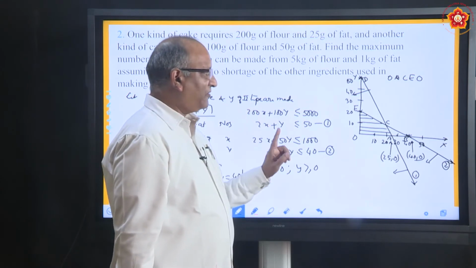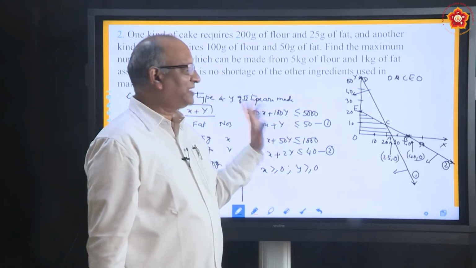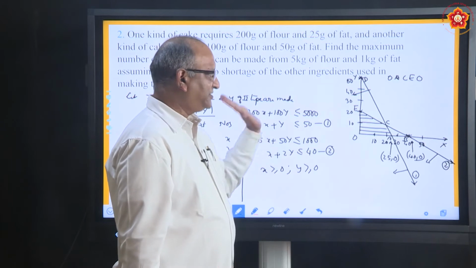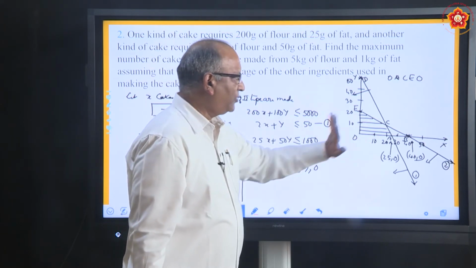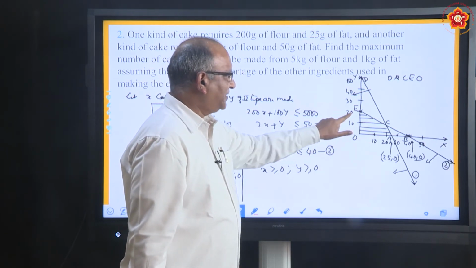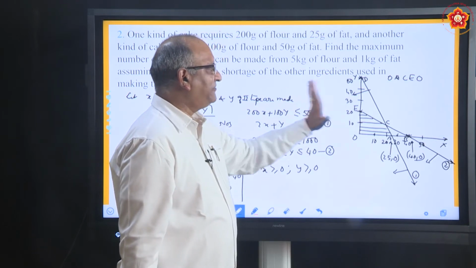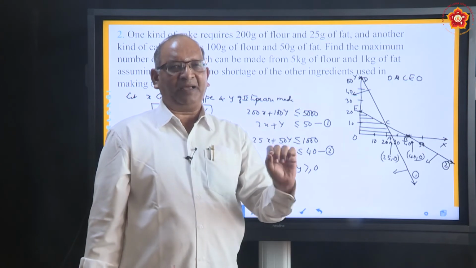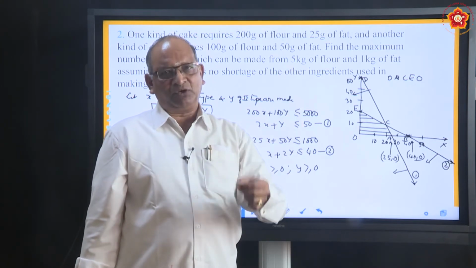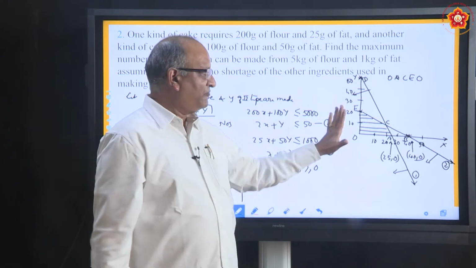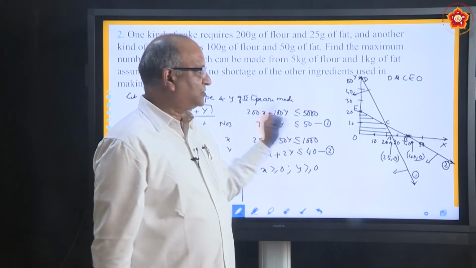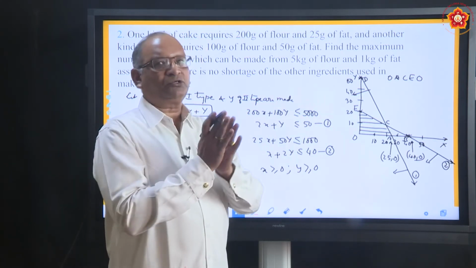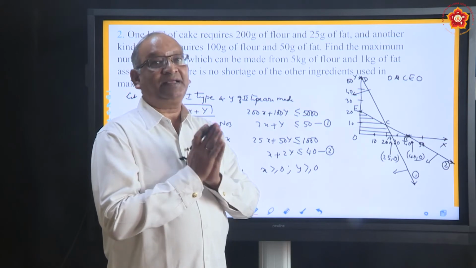So, we require the vertices of each of the corners. O is anyway 0, 0, A we have already told 25, 0, E also is very simple 0, 20, only C we have to find out. How to find out C? If you are drawing on the graph paper, just draw a perpendicular, you will know x and y values. But here we have done approximately. So, what we do is we simply solve those two equations simultaneously and get the correct point.